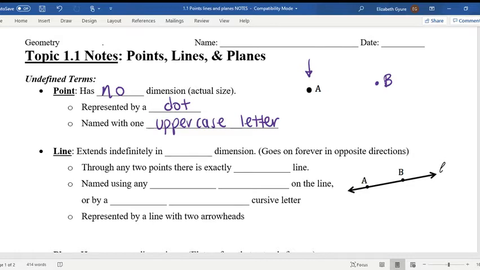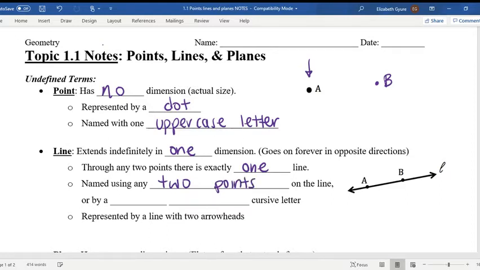Then we have a line. Lines extend indefinitely in one dimension. Right? It goes on forever and ever in opposite directions. Maybe you have a vertical line, right? It continues up and up forever and ever, and then down forever and ever. So that's just one dimension. Through any 2 points, there is exactly one line. A line is named using any 2 points